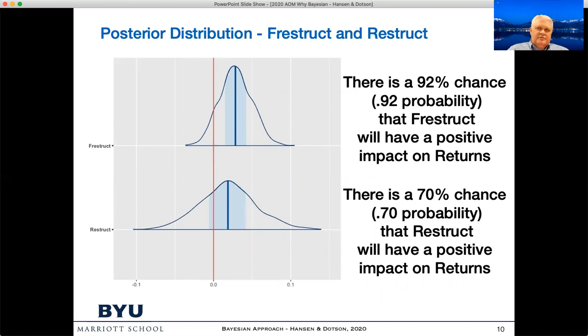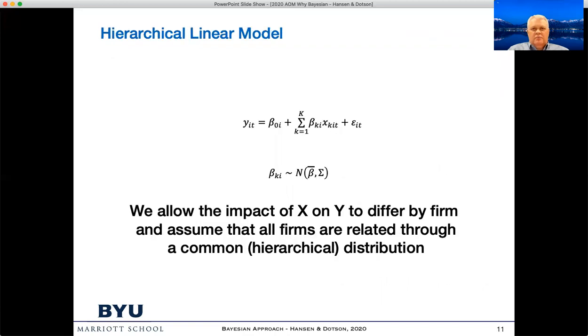So we would say these are significant. And the way we would interpret this is that for financial restructuring, there's a 92% chance that it's going to have a positive impact on returns. And for organizational restructuring, a 70% chance. And again, those are the actual probabilities. Now let's move on